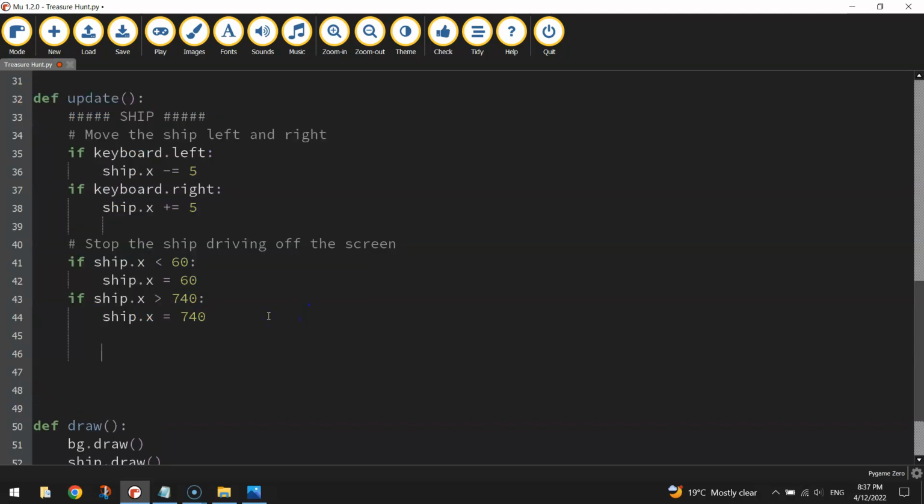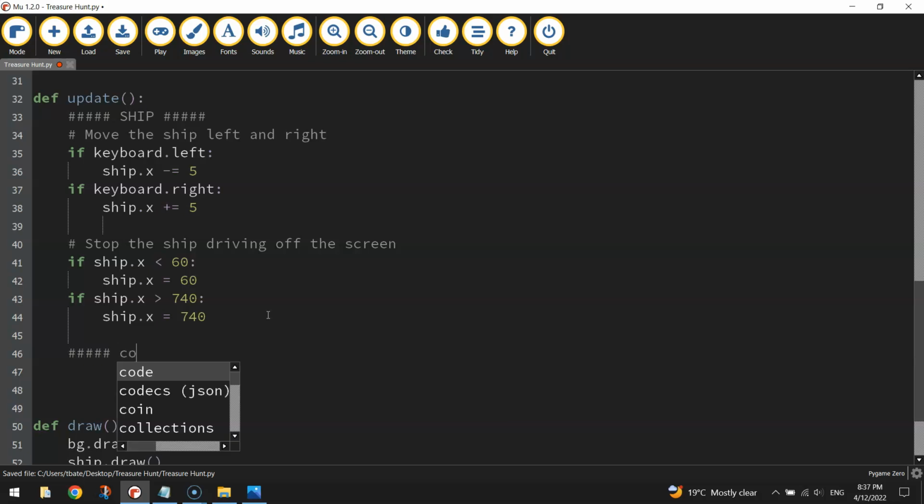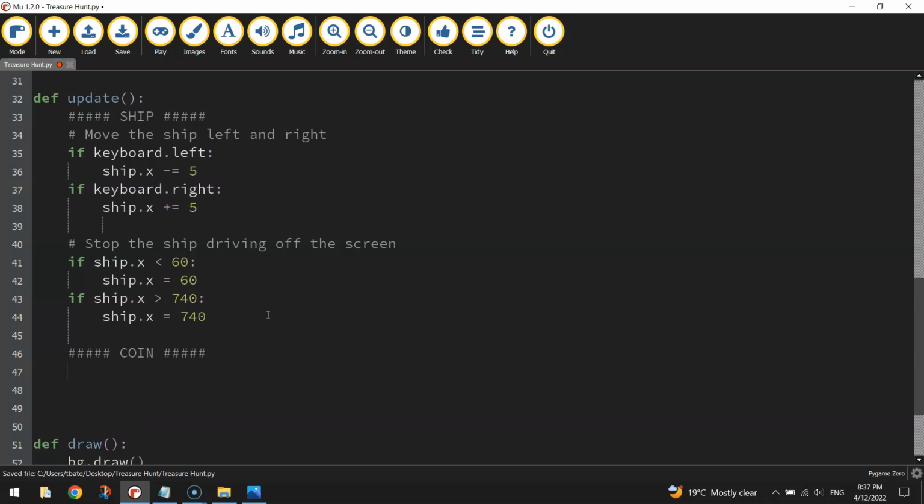We're going to go below the ship and we're going to write in a comment in capital letters again that says coin. Make it stand out a bit there. And the first thing we're going to be doing, another comment here, is moving the coin down the page. So my comment will say move the coin down the page. And what we're going to be doing is writing